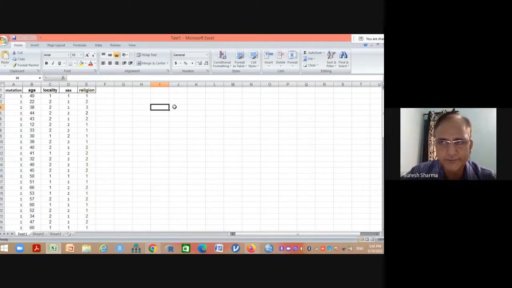That is acceptable. Next important point, which is very important: any variable name should not start with a numeric value. It should not start with the numeric value. For example, if you have